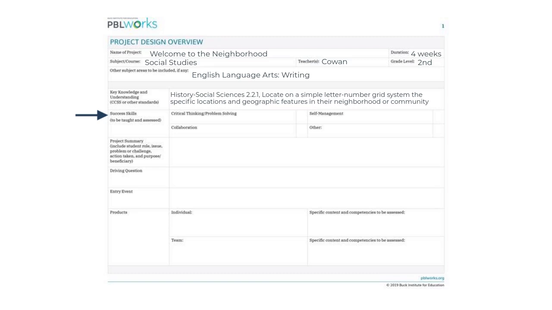Our first success skill to be taught and assessed includes critical thinking and problem solving. Students will observe in their community and decide important places. They need to make sure these places are important to the community and not solely things. The self-management skill will be making sure that students are writing their descriptions of neighborhood locations by assigned deadlines, and the collaboration will include students working together to create their team section of the map and delegating their